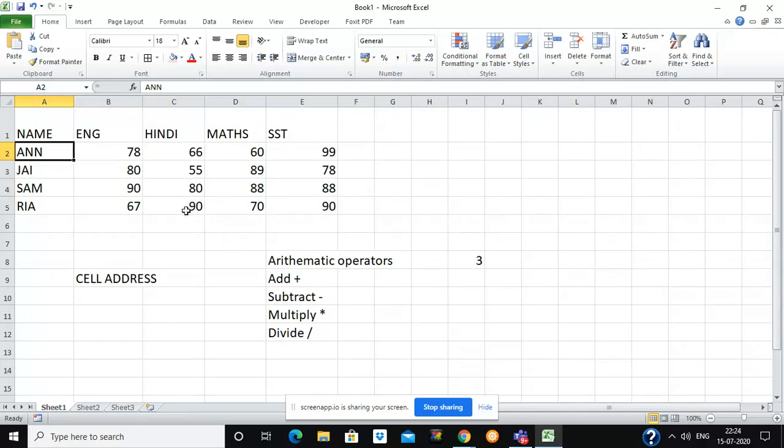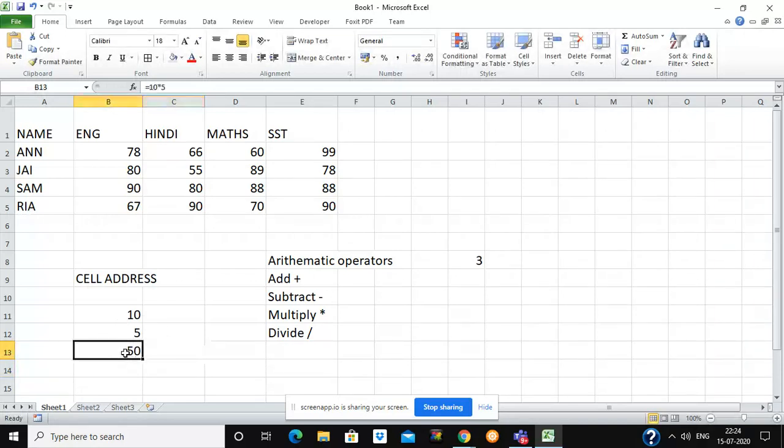So now we will write a formula by using cell address. Let us see how to write the formula. Suppose I write two values here. One is 10, one is 5. And now I want to multiply them. One of the ways, I simply write equal to 10 into 5 and then press enter. It will give the answer 50.